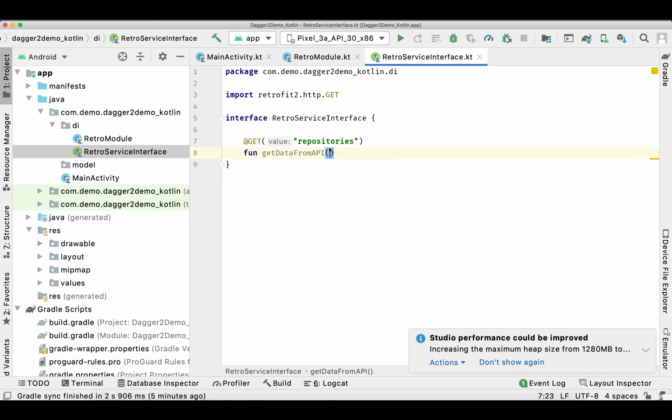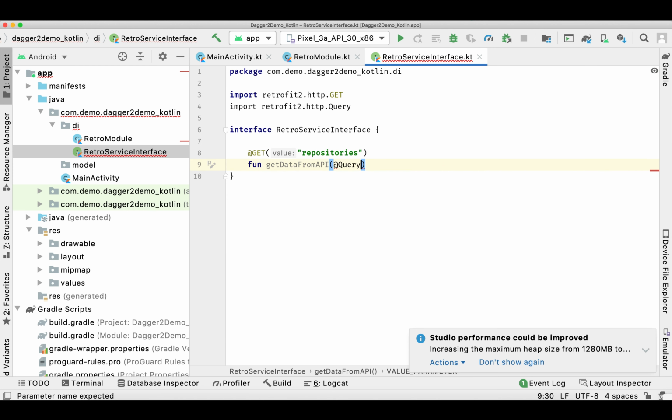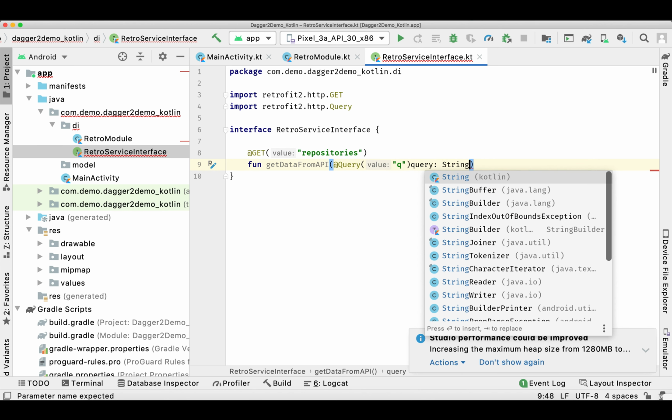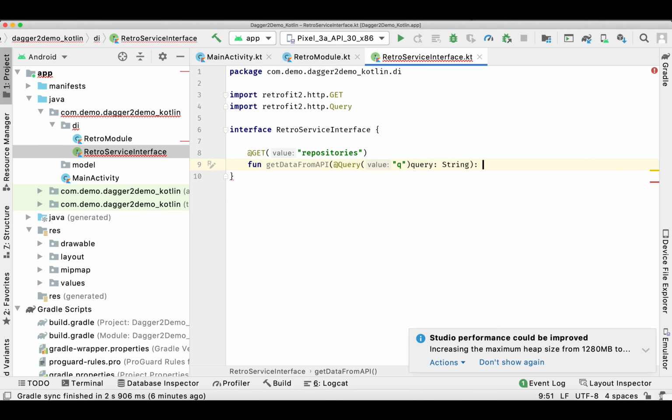And the query is going to be here as a query parameter. It's going to be the string type, and then it will return Call, and we need a model here,